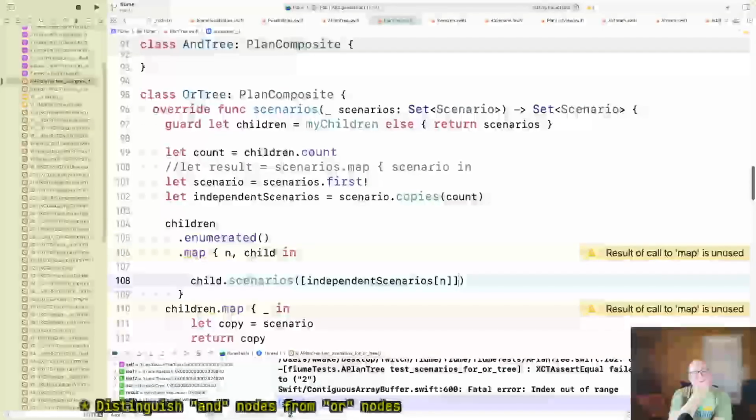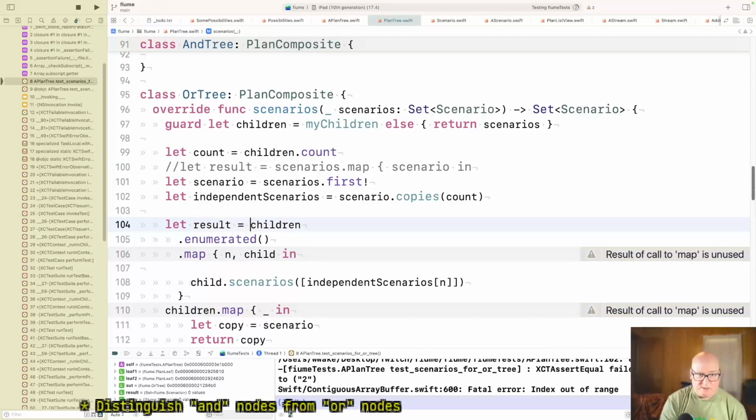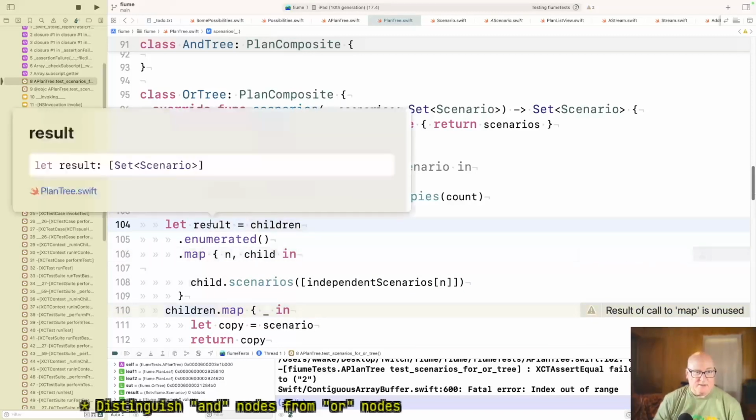So we get each child, run it on one of those n scenarios, and I'm getting back the result as an array, I guess. Set of scenarios.